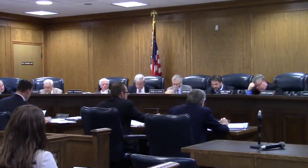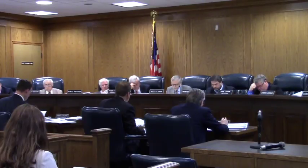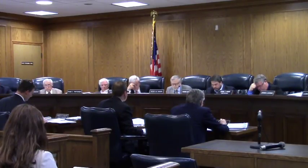Page 16, this is all boilerplate. You're required to do this per the redevelopment statute. So we had to look at